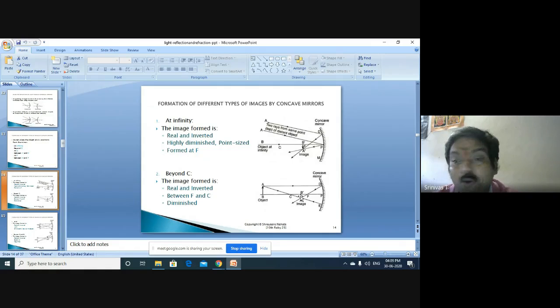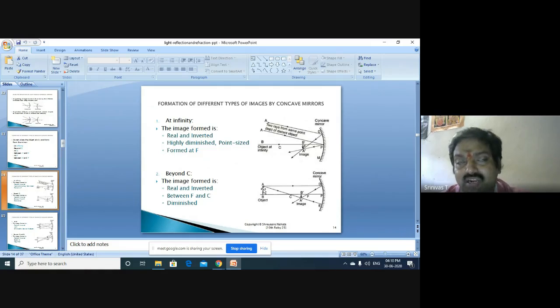But what is the image for point A? If you look at that, for that you need to take at least two rays. One is parallel to the principal axis and one is passing through the center of curvature. So one ray that you can take from this point A is parallel to the principal axis. After getting reflected from the mirror at D, it comes to the focus as a rule for the reflection. Based on the rule, it comes through the focus. Now, this is the light ray that comes to the focus, whereas you have to assume one more light ray which is passing through the center of curvature, not parallel to the principal axis.